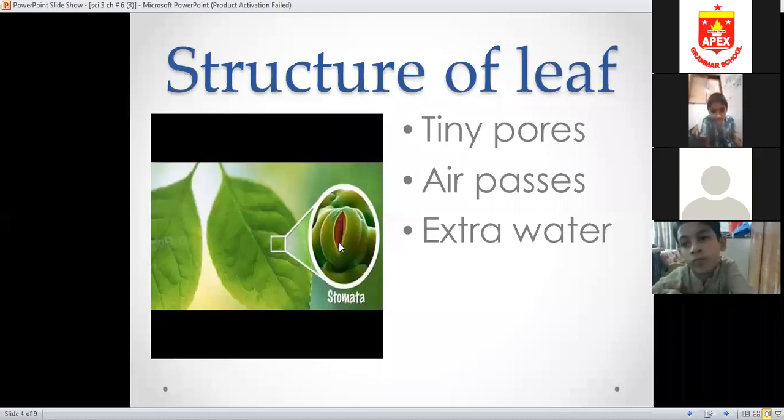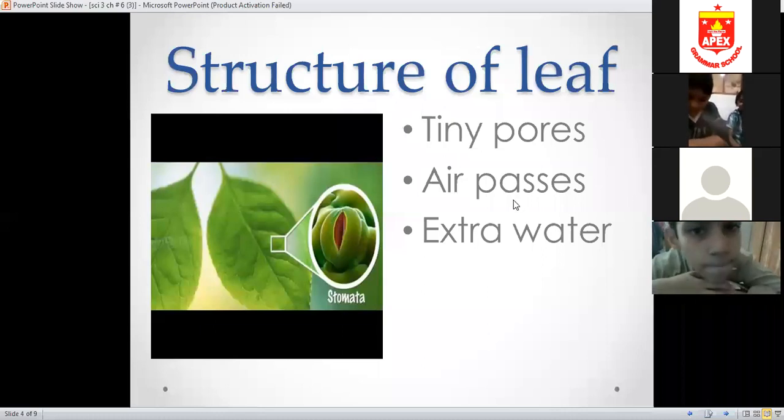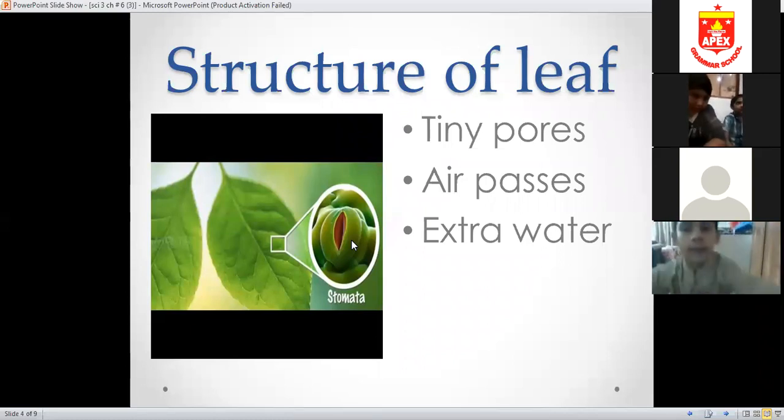Plants, as you all know, do a process. We will read in this chapter which process plants do. As we all eat food, we animals eat food, humans eat food, but plants do not eat food. They make their own food. So these tiny holes are present there, through which they get all the nutrients they need into the leaf, and then the leaf is going to prepare the food.